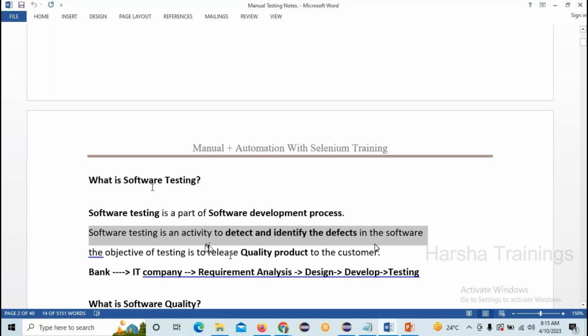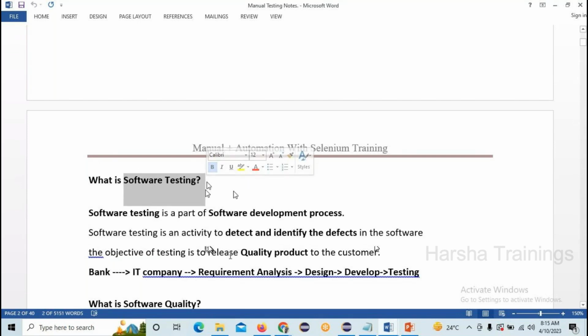Okay, getting what is meant by software testing? Any doubt on it? The definition? Two points you people have to remember, which are highlighted: detect and identify the defects, and quality product. These are the two main keywords to answer this when you encounter this question in interviews as freshers. Clear about software testing?